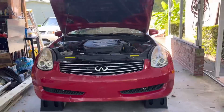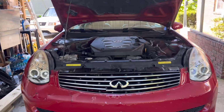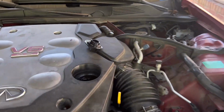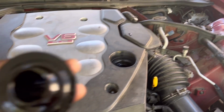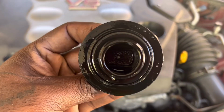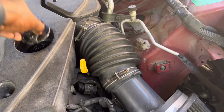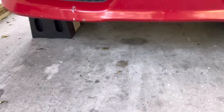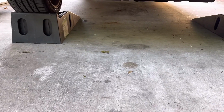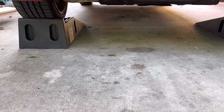All right, got it up on the ramps, getting ready to check the oil and take a look. One of the first things I did was check the oil level. Like I said, these are pretty bad about burning oil, these VQ35s, but I looked inside the oil cap and good news, no milky in there, so I don't believe the coolant is being lost internally. It's an external leak. And I had the car running a little bit with the AC off, as I pulled it up, and